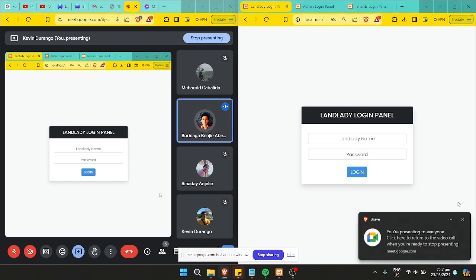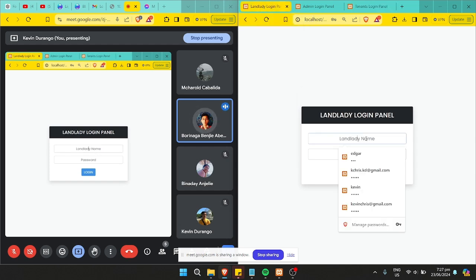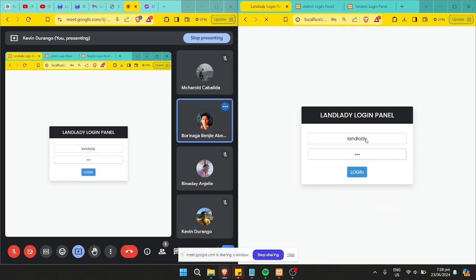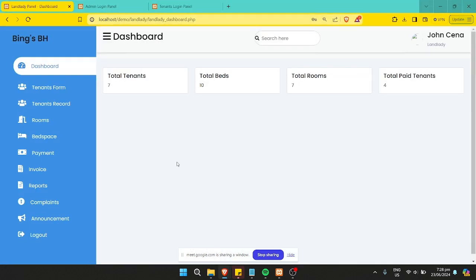This system consists of three users: the landlady, the admin, and the tenant. Of course, the first process that we tackle is the landlady's. Login. So in this dashboard, we can see the total tenants, the total beds, total rooms, and the total paid tenants. And next, for the tenants form,